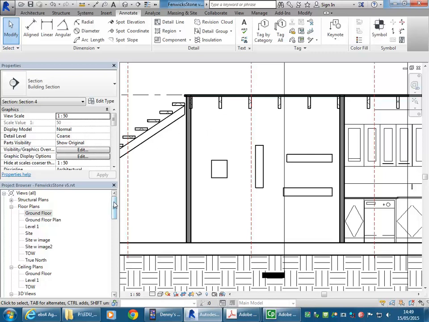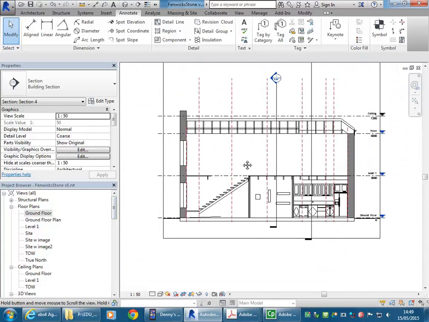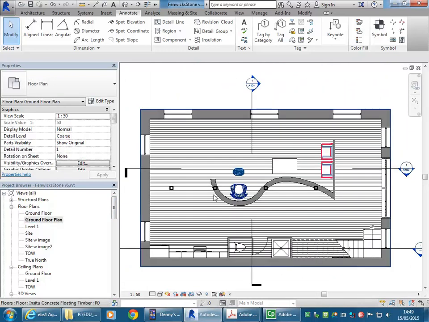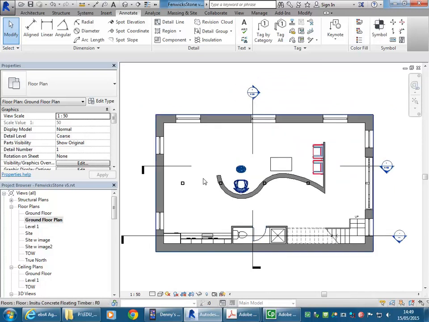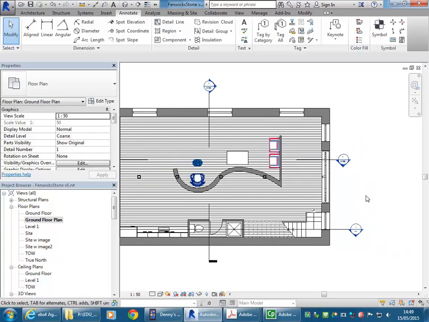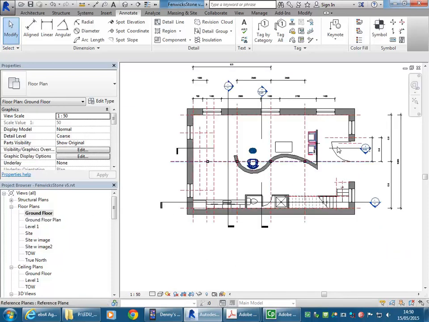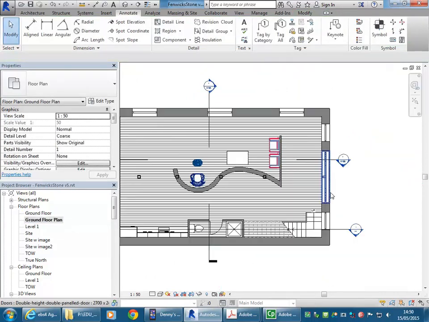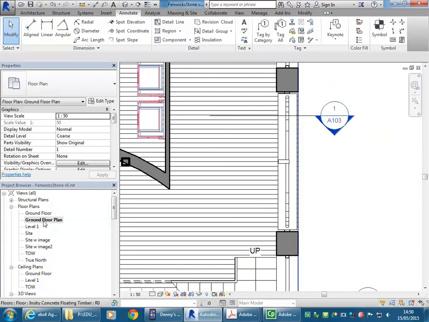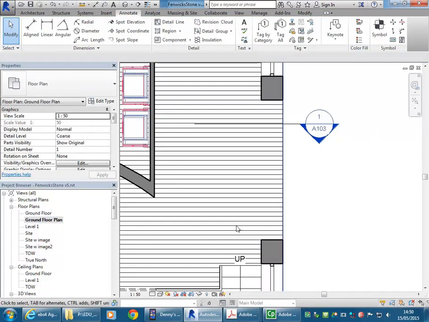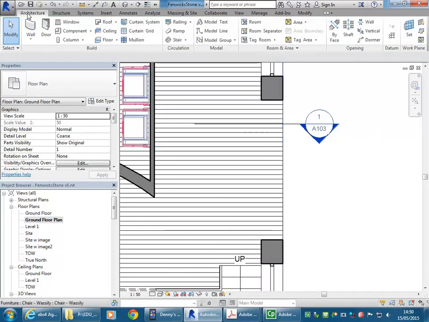So the dimensioning and the text tools work the same. If I go into the plan, so this is the one I've set up for the sheet, and so I might have in here, well, we did this with the doors actually. I know I showed you detail lines a little bit using the doors there, because the family didn't have those things showing properly. So I might just show that again if I hide this. Okay, so we just didn't have time to do that in the family, but I'll go a bit further with the